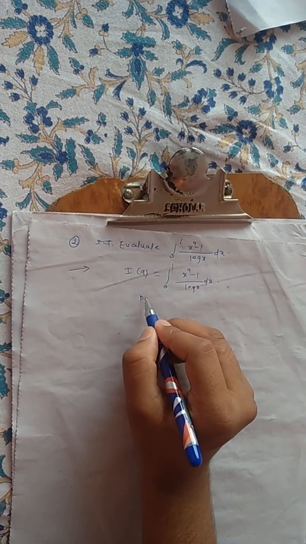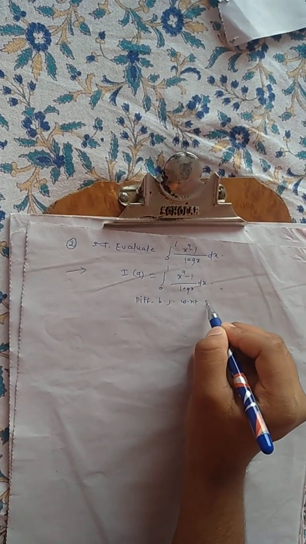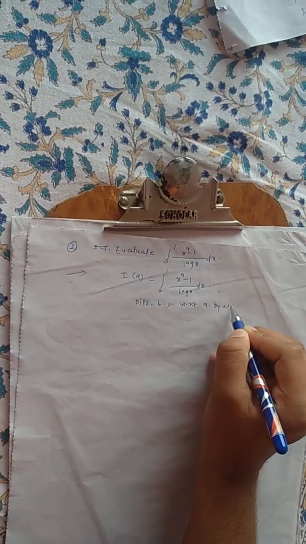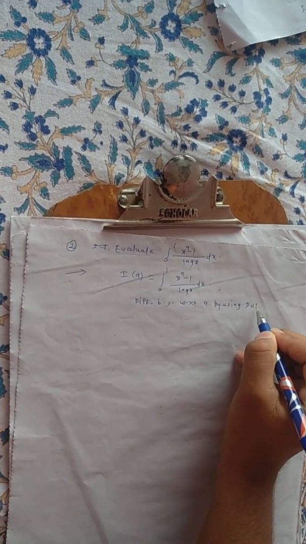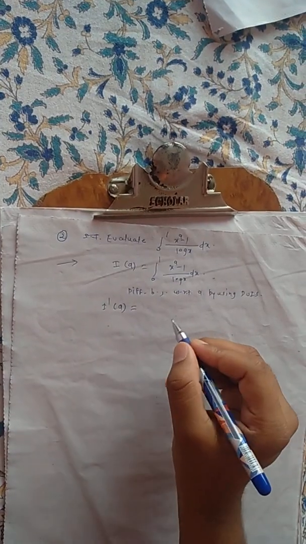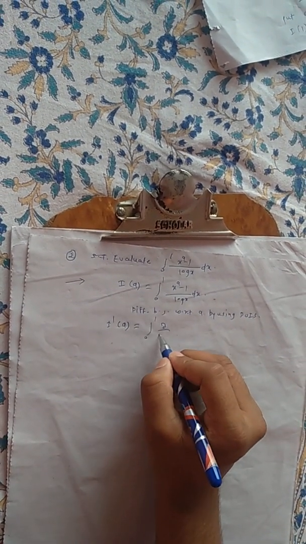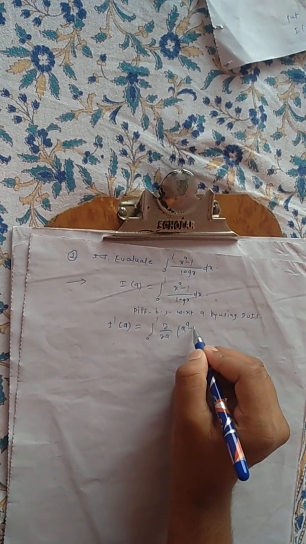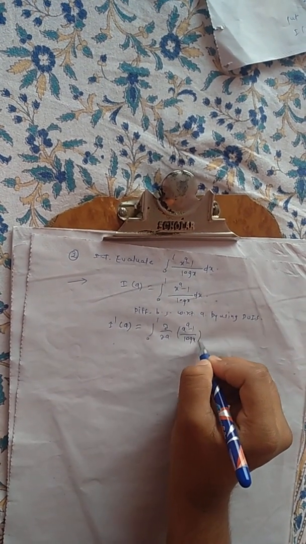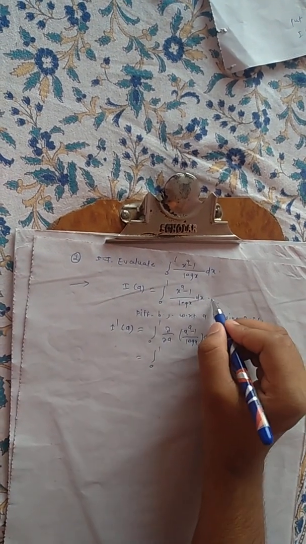So differentiating both sides with respect to a by using differentiation under integral sign, it becomes I dash a is equal to 0 to 1 partial differentiation with respect to a of (x raised to a minus 1) upon log x dx,